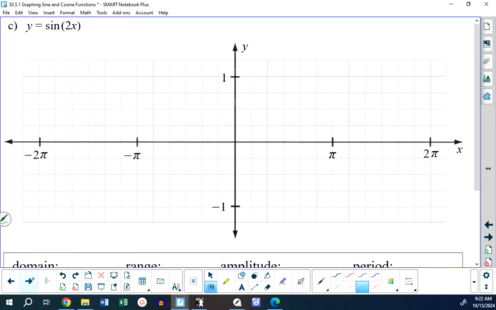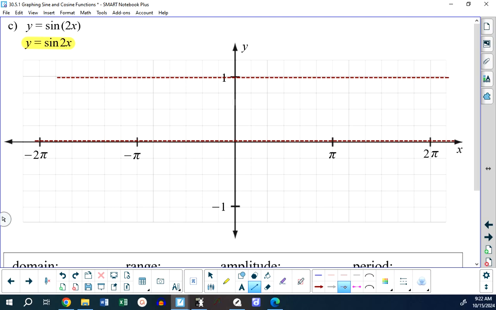Okay, sine of 2x. So to begin with, we don't write it that way. We write that. For some reason, the convention, the system that we've set up says you don't need brackets around that argument. It's implied. If you see sine of 2x, it doesn't mean sine of 2 and then multiply by x. It means 2 times x, take the sine. So there is no vertical stretch here, which means